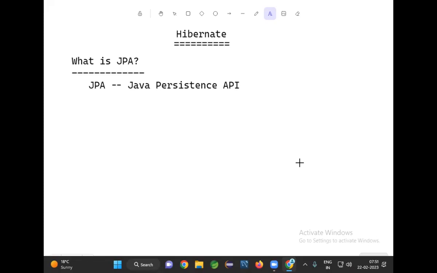Actually, when Hibernate was introduced, there was no specification called JPA. Already Hibernate, TopLink, MyBatis, like this, many ORM tools were available from different vendors. They gave the software to the developers. But what is the problem the developers are facing? When switching from one ORM tool to another ORM tool, developers face an issue. To resolve that problem, Sun Microsystems gave one common specification called JPA,